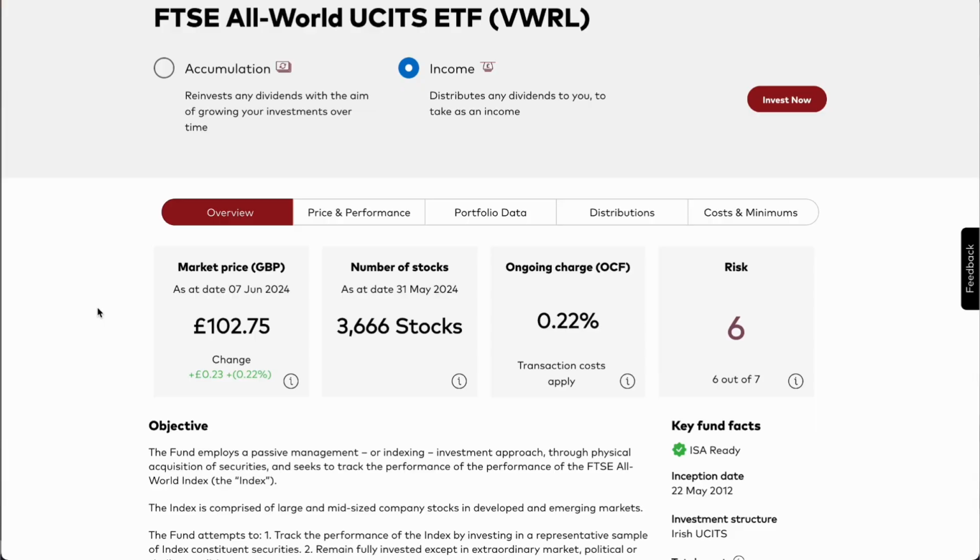One drawback with ETFs on Vanguard's platform is you can't buy fractional shares. So if you invest, say, £100 or let's say £150, you will only buy one share of the FTSE All World because it's currently £102. You would then have £48 left over in your account. With the FTSE Global All Cap, because it's an index fund, the full £150 will be invested. But there are other platforms that do offer fractional share investing into ETFs, and specifically the FTSE All World, which